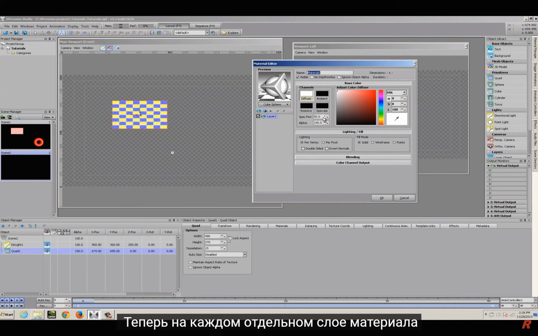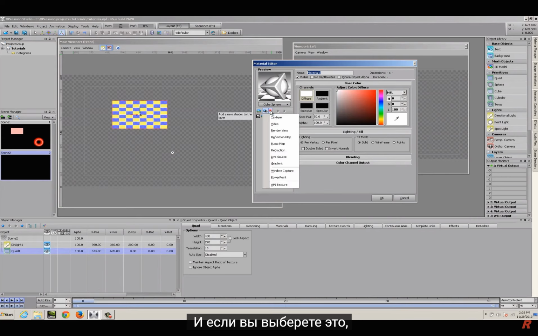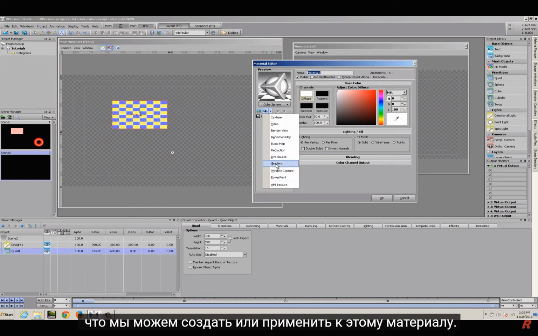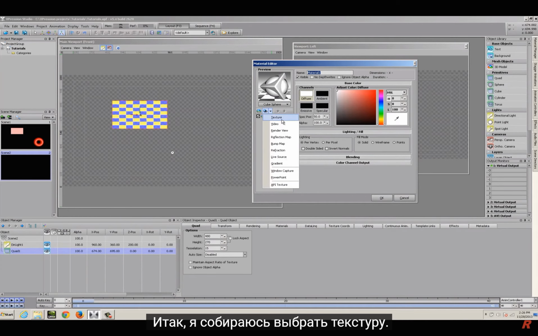Now on every individual material layer, you can also assign what are called shaders. So inside the material editor, in this list on the left hand side, you have two different options. You have add a new layer to this material, and you have the option to add a new shader to the current layer. So that's what we're going to do right now. Now next to that button there's a drop down menu, and if you select that, it'll show you all of the different shaders that we can create or apply to this material. So I'm going to select texture,